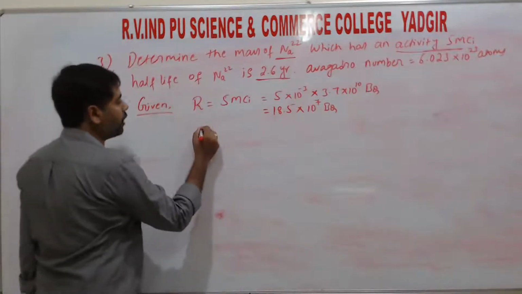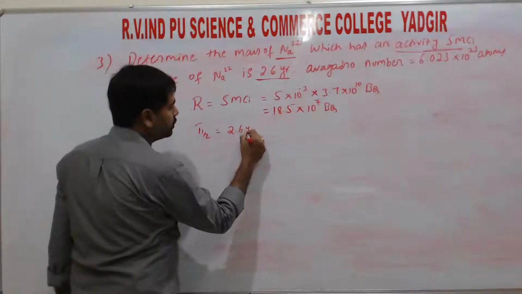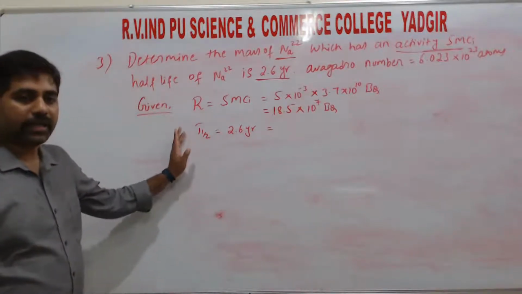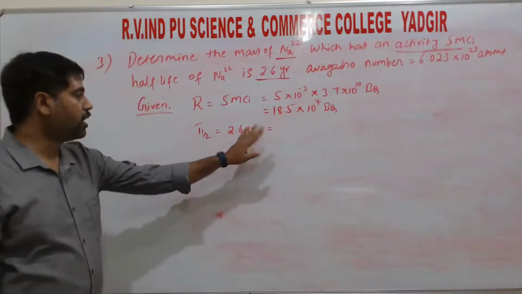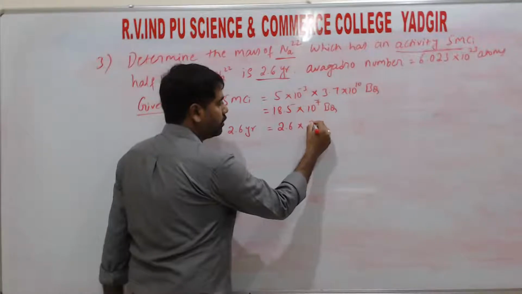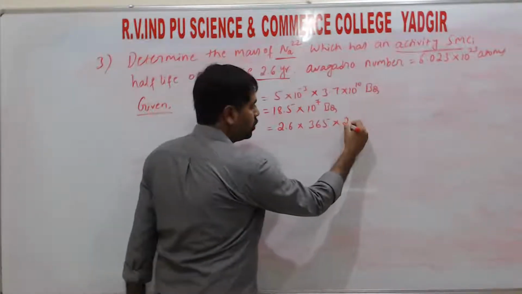Next, the given half-life, right? So T half is how much? 2.6 years. The SI unit of time period is second. So converting from years to seconds, that is 2.6 into 1 year, we have 365 days, into each day